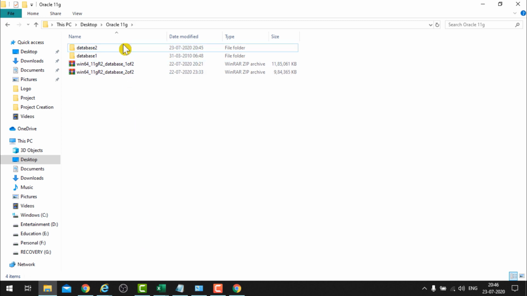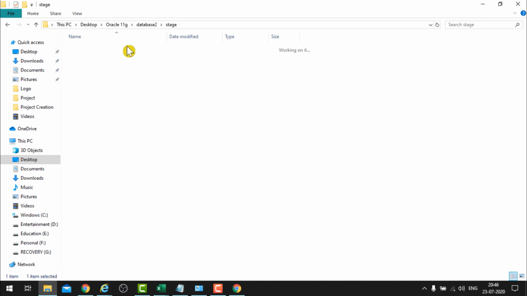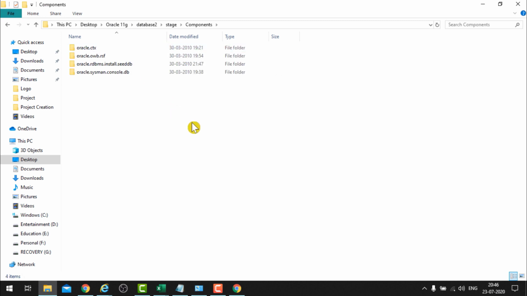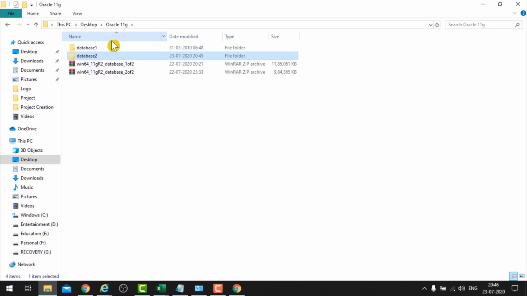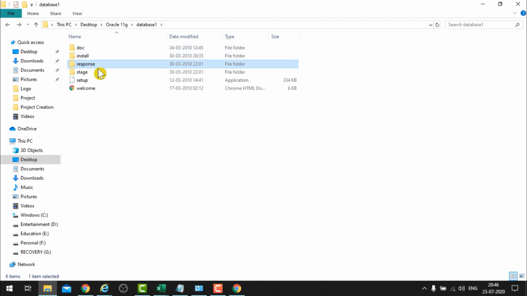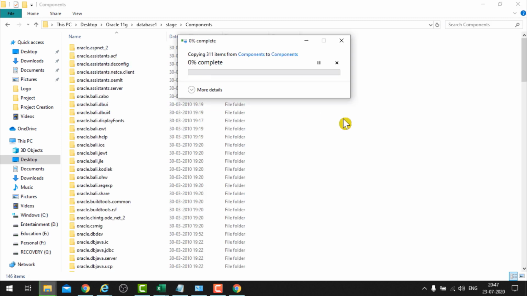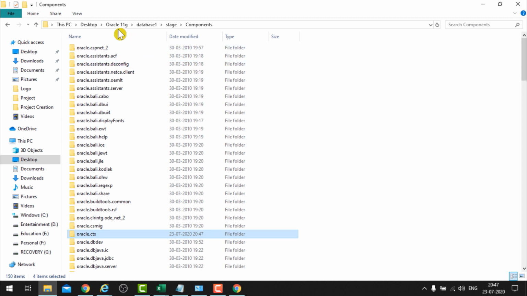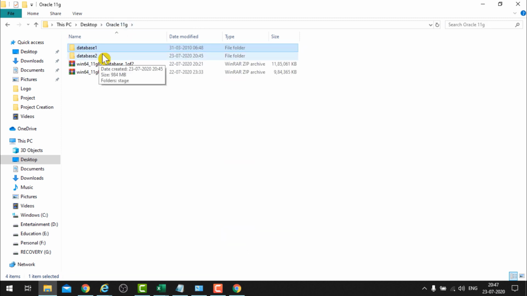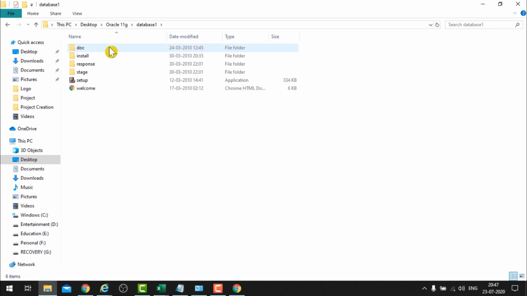So open database 2 folder, then click on stage, then click on components. Whatever files or folders you will see here, select all, copy, because we are going to move these files to database 1 folder. See, click on folder 1, click on stage, then click on components, paste here. Once you paste here, go back, click on database 1,